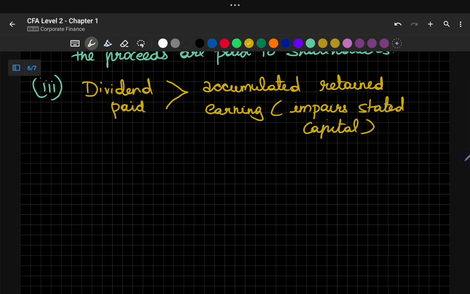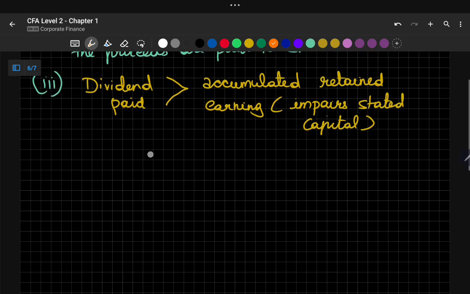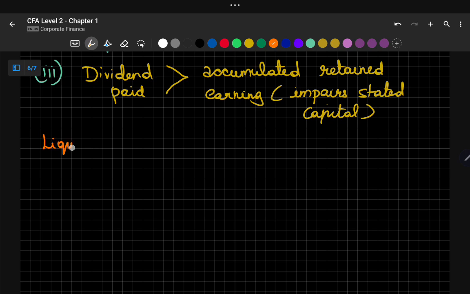The other two types of dividend, that is regular cash dividend and extra, special or irregular dividend, are actually out of the profits of the company, right? But in the case of liquidating dividend, we saw three situations. First, when the company goes out of business. Second, when the company is selling off a portion of its business. Third, when it is paying dividends larger than its accumulated retained earning. So that's why liquidating dividend